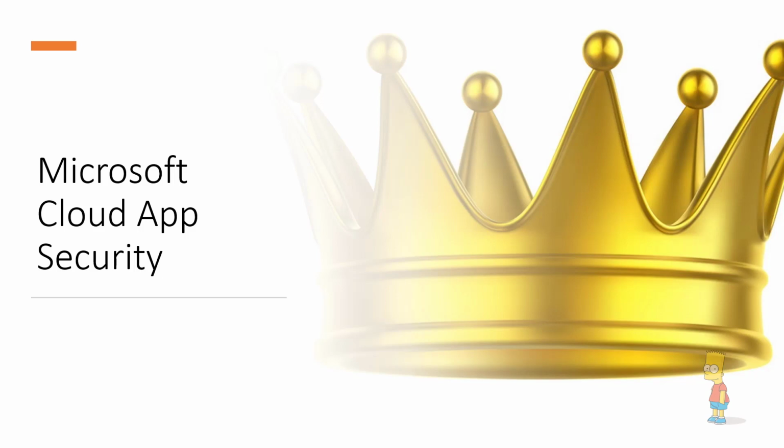Today's episode I'm going to talk about another Microsoft security product, which is Microsoft Cloud App Security. So as you can see in the picture, I have put a crown. The reason behind that is, as of October 2019, Microsoft Cloud App Security still stands in the lead on the Gartner report as a CASB solution. So that's great news. That being said, let's try to figure out what Cloud App Security is and what the architecture is about.